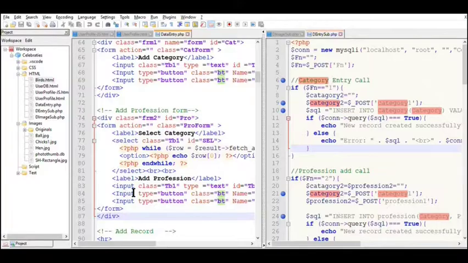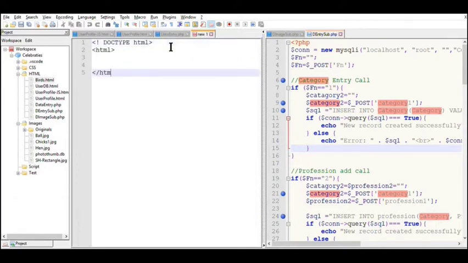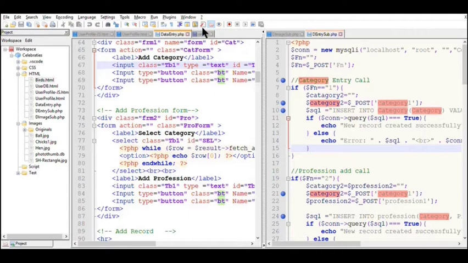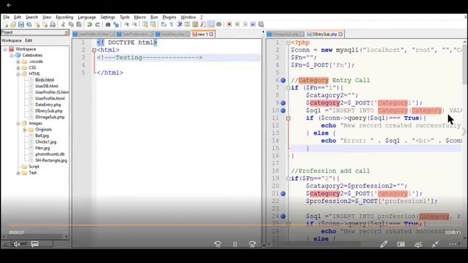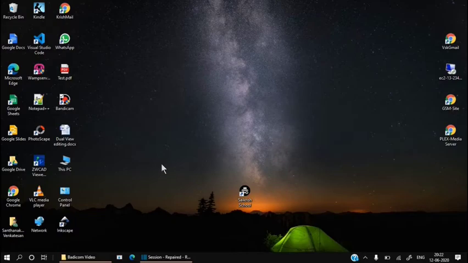I have opened the Notepad++ application and in that application I have opened one project. Also, I have added one new file. In that I typed doctype HTML and HTML code. Then I added one comment line in the HTML tag. I did not save the new file, and I just want to close the entire application with this environment. I am closing this application and again relaunching Notepad++.